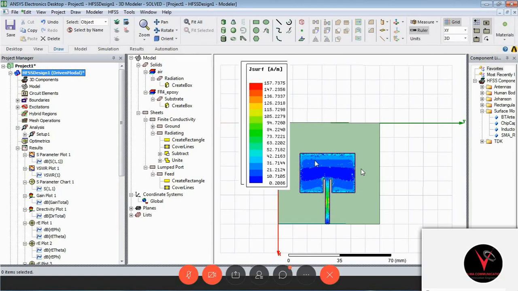Because this is a free space antenna. Now we analyze free space alone. We need to put this antenna into a circuit board. If you place it on that circuit board, then you get a quality analysis. That's why I'm saying, if you go for the theoretical, it is easy for you.